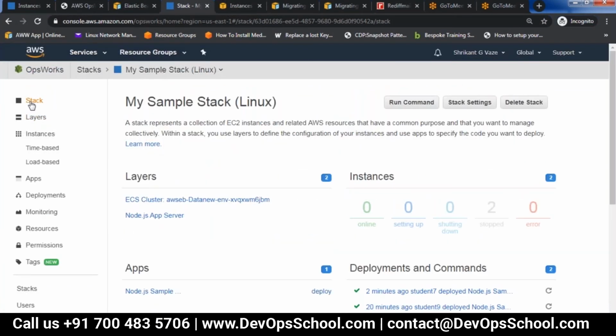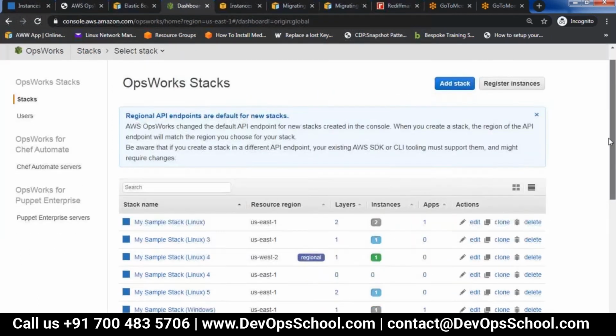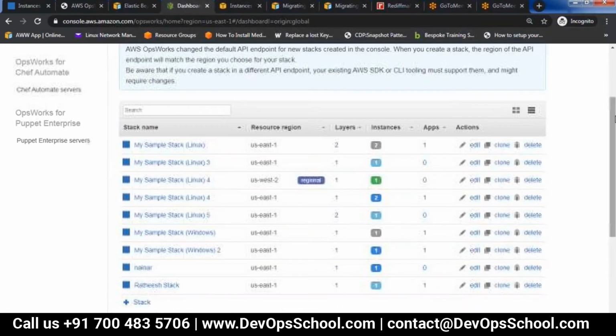Fine. So can you please delete the stacks? Go to app, delete the app, go to instances, stop the instance, delete the instance, come to layers, delete the layer, and then delete the stack.